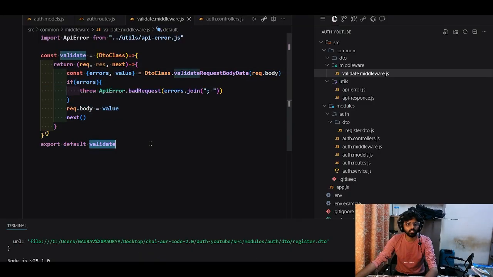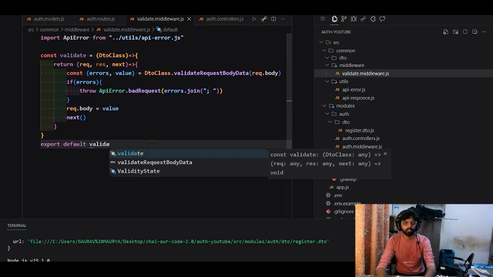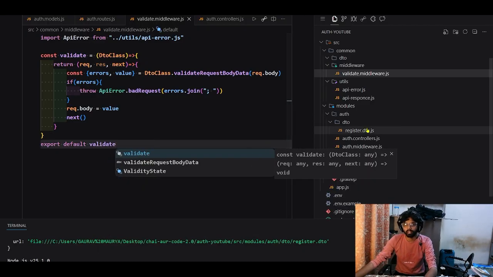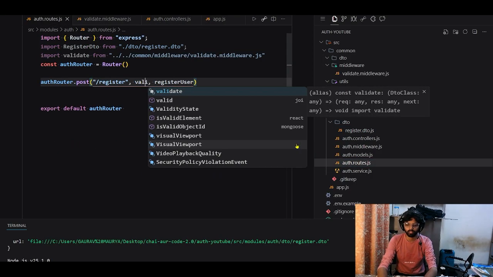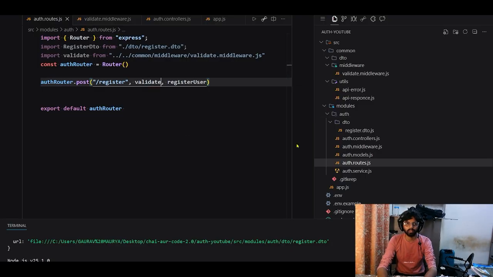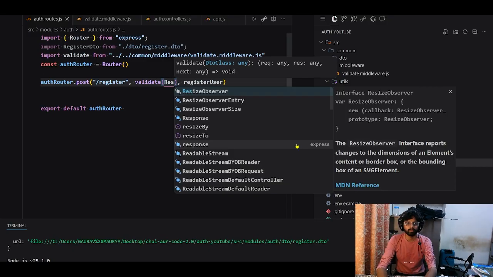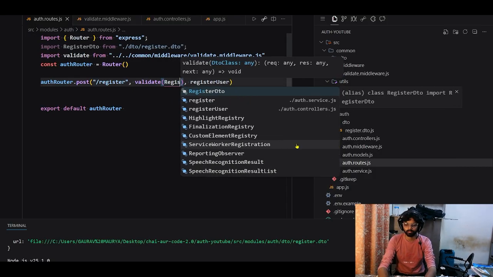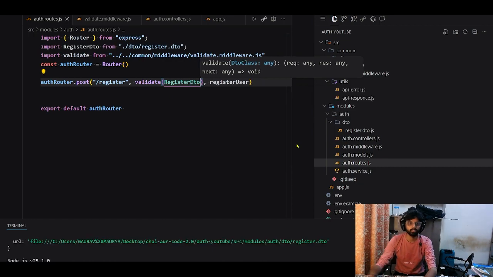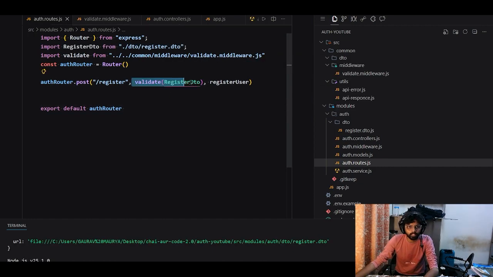Validate, export default validate. Now I have to register it in here. Validate. Now it is coming. Register route, register DTO. Then it will first validate and then it will go into the register user